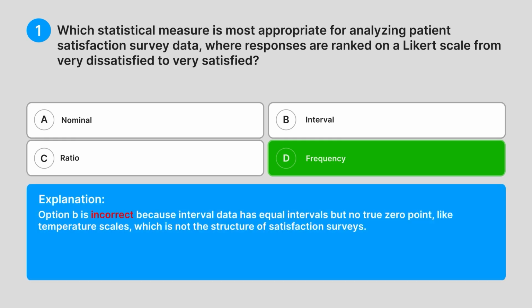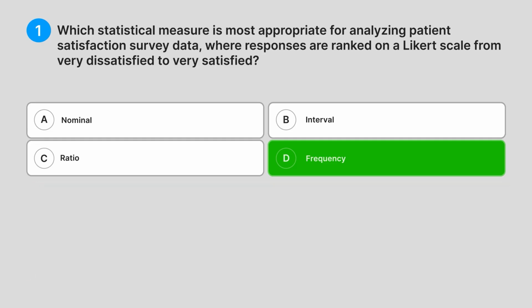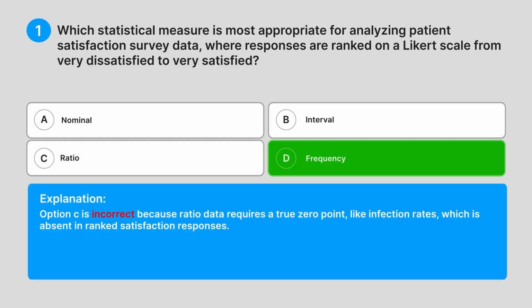Option B is incorrect because interval data has equal intervals but no true 0 point, like temperature scales, which is not the structure of satisfaction surveys. Option C is incorrect because ratio data requires a true 0 point, like infection rates, which is absent in ranked